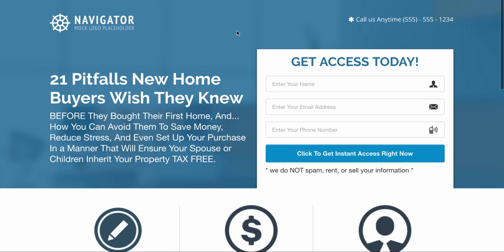And then once they give you their information, you don't have to pay for that traffic anymore. You can send autoresponder emails to them. And so what people typically do is they have a series of emails that will span a year. They usually send one every day for the first 3 days, and then they skip to every other day for the rest of the week and the week after. And then they might go to 2 a week for the rest of the month, and then they'll go to like 1 a week for the rest of the year. Okay, so that comes out to be somewhere around 60 emails,